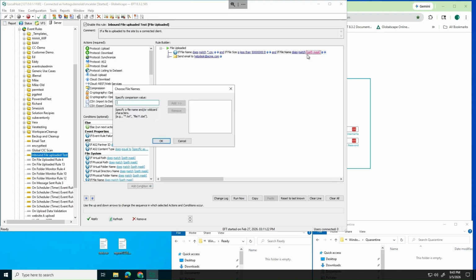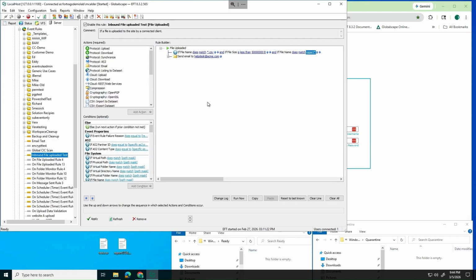These conditions allow EFT to validate inbound files before taking any actions, which helps maintain data quality and prevents incorrect files from entering downstream systems. Now that the conditions are in place, we'll build the next step in this workflow for valid files. If the file meets all conditions, we want EFT to automatically move it to a location in our Ready folder